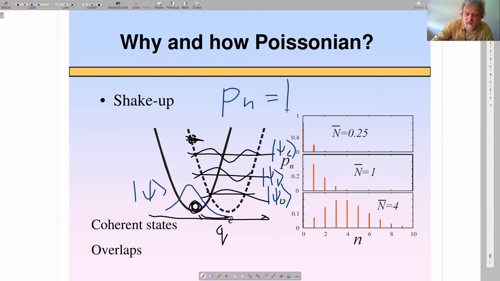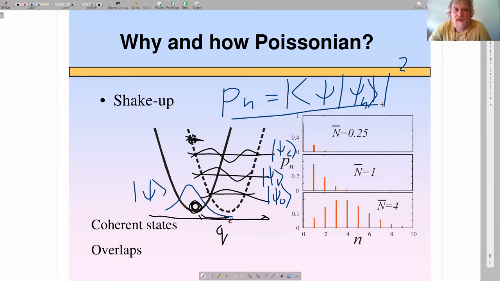Probabilities are given by overlaps of these functions. To compute that, one has to basically take wave functions of the oscillator in a certain representation and do this in a product of two wave functions. Let us look at this Poisson distribution at different values of the average